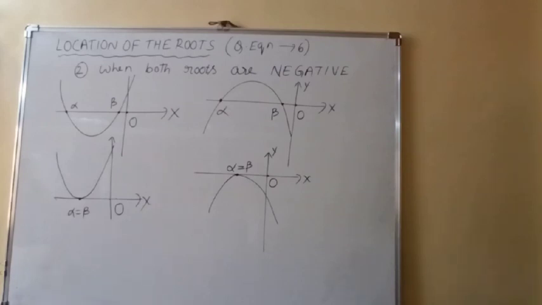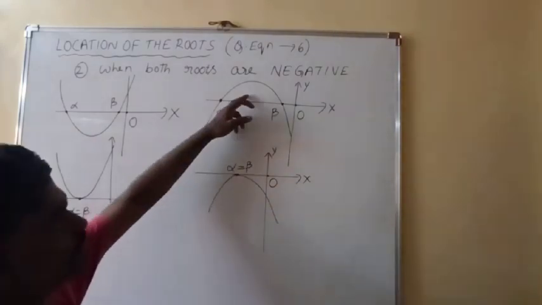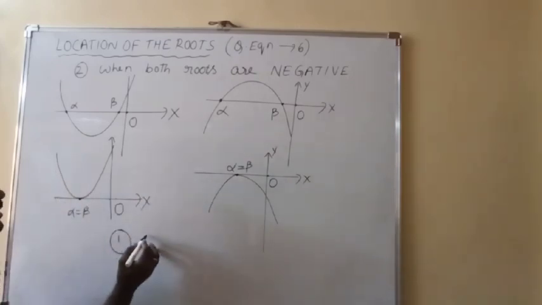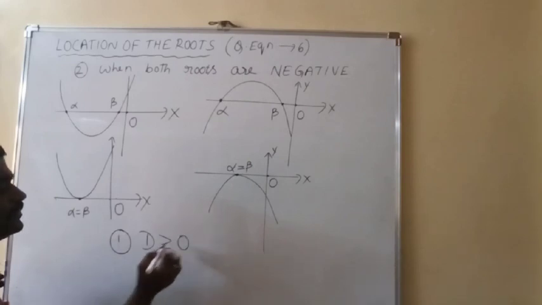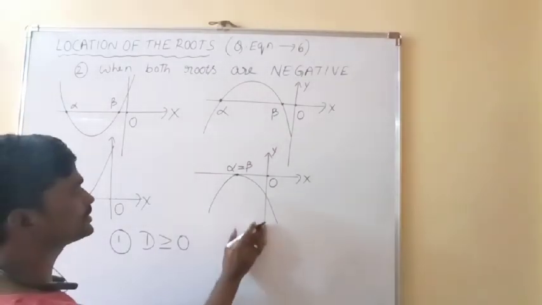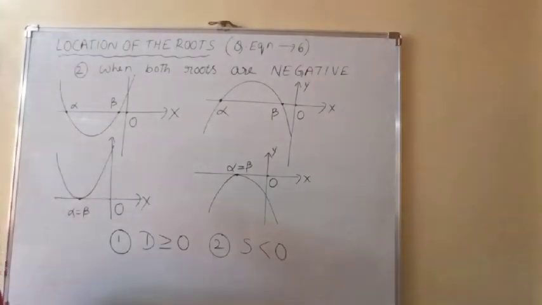Okay. So when both roots are negative, when a is positive, either this or this figure will come. When a is negative, either this figure or this figure will come. From all the four cases, what we can conclude here also is the roots need not be distinct. The roots may be distinct or coincident, so that means the discriminant is greater than or equal to 0. This is the first condition for both roots negative. As both roots are negative, the sum of the roots is also negative, that is minus b by a is negative.